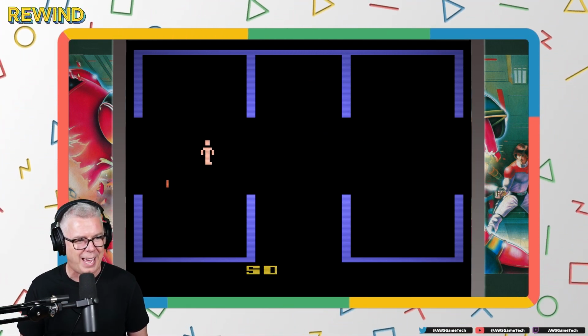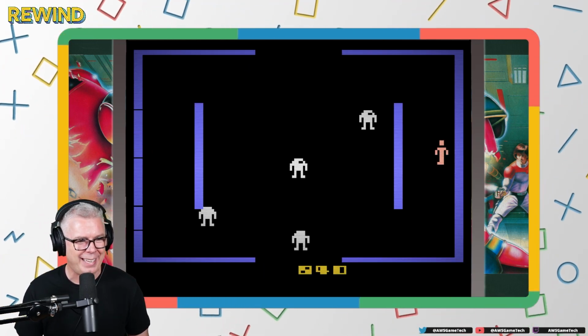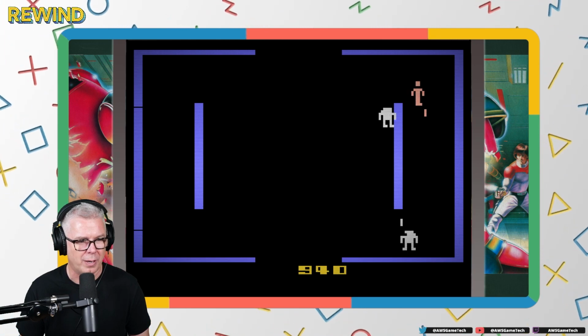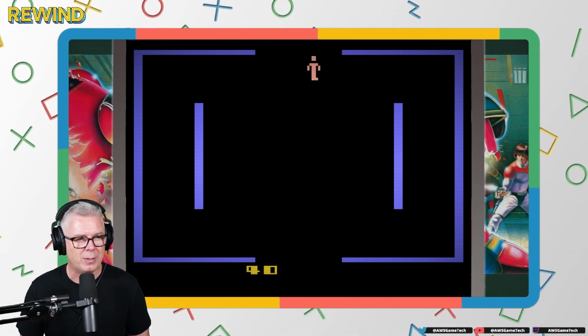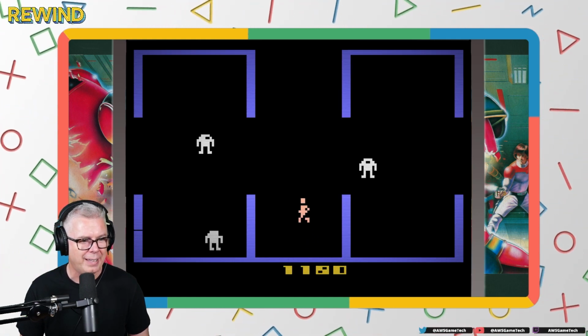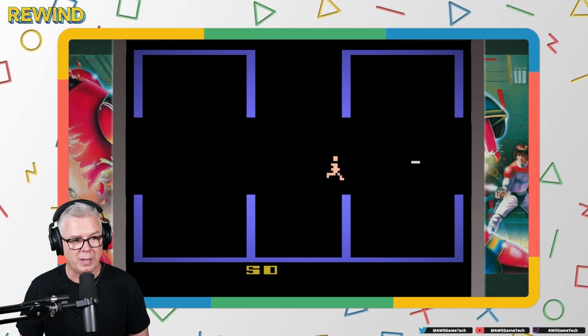It even has a little animated eye there. That was really cool back in the day. Okay, yeah, here are the whites. These are going to be a lot faster now for sure. And what you want to try to do, you can also kind of trick them into walking into walls and stuff. Yep, got a free guy. Oh yeah, look at that. You fire a lot faster and you move a lot faster too.